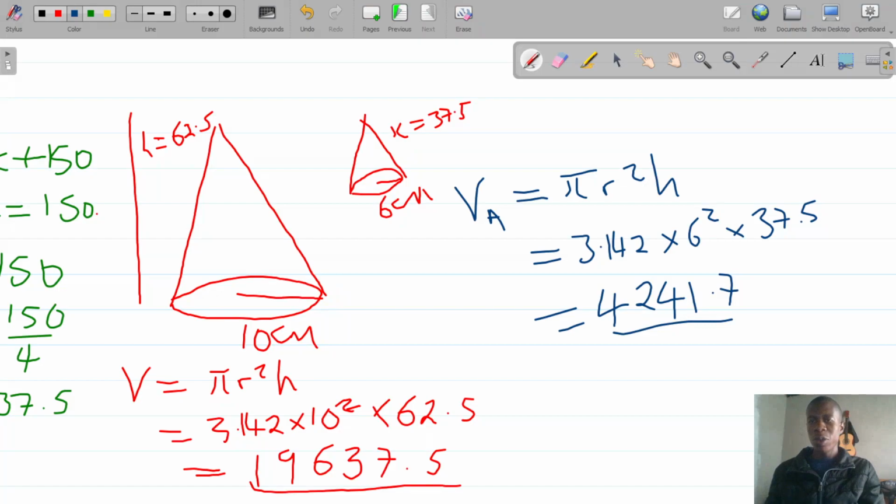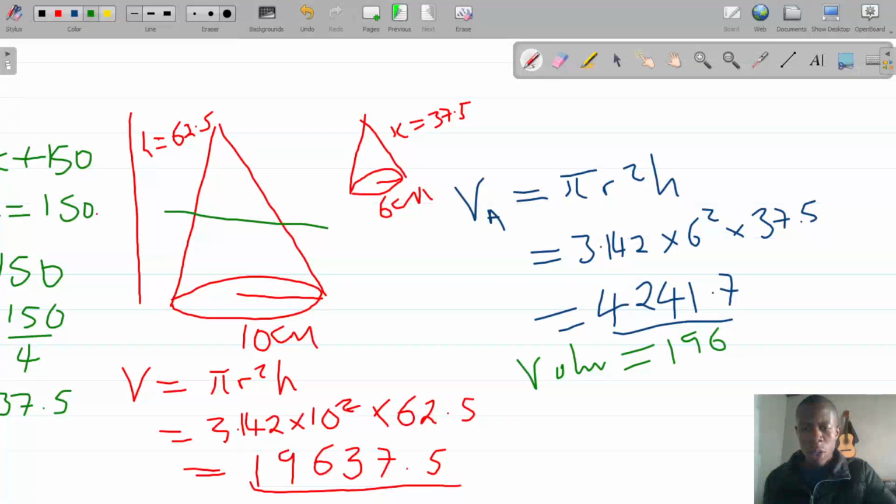So now remember, to find the volume of the frustrum is just the bottom part. So we just get the volume of this entire shape, we subtract from it the volume of the part that was cut, then we remain with the volume of the bottom part. So we're saying volume of the frustrum will be equal to this volume right here, which is 19637.5